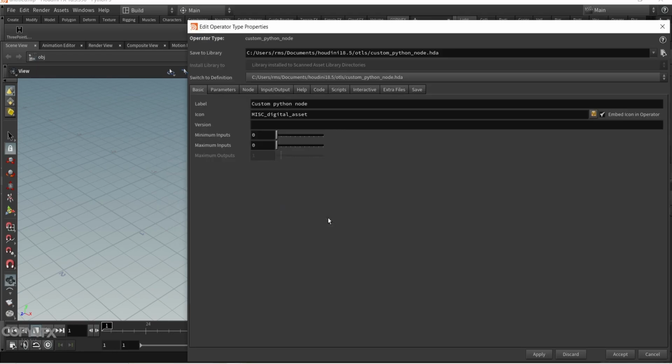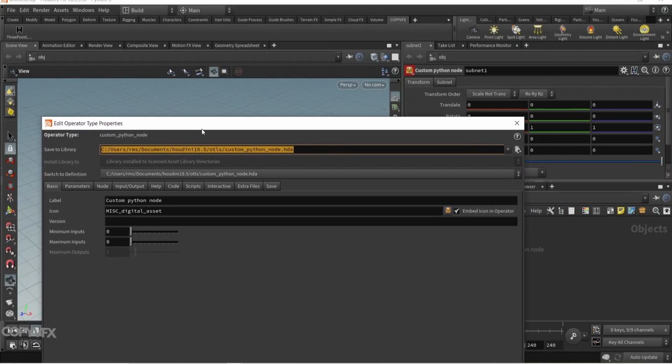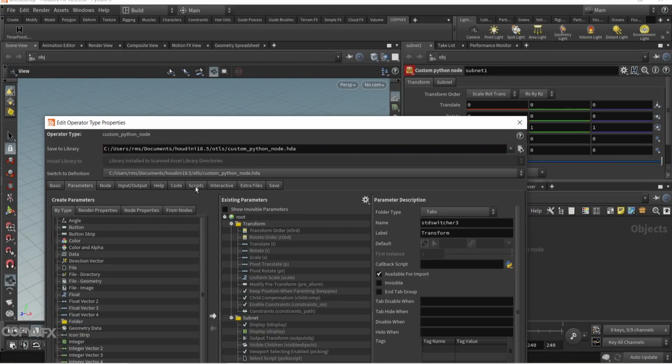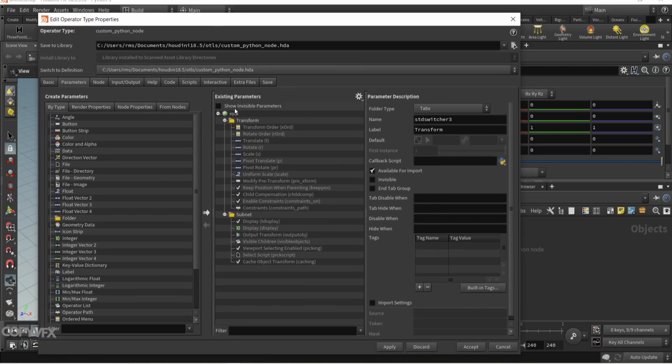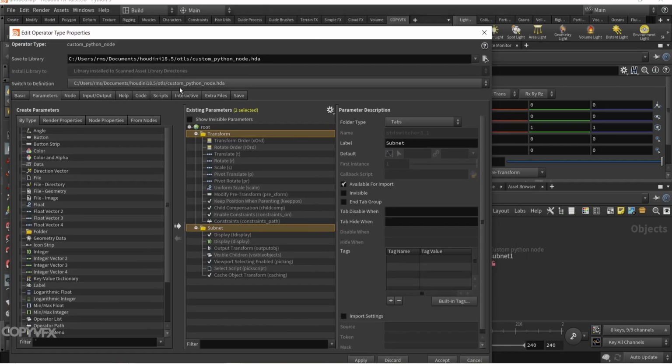Okay. This will be saved inside your documents. So we will select this folder in